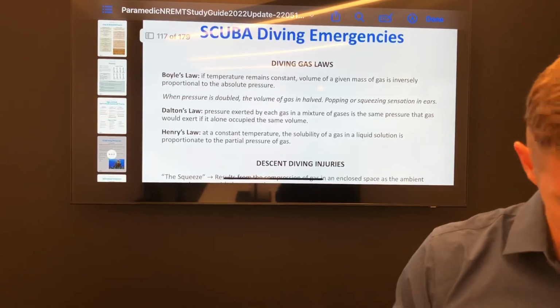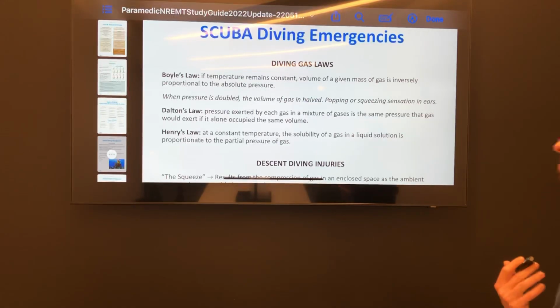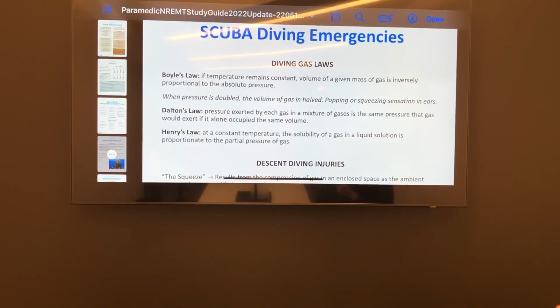Scuba diving emergencies. So we have diving gas laws. We have Boyle's law. If the temperature remains constant, the volume of a given mass of gas is inversely proportional to the absolute pressure. When pressure is doubled, the volume of the gas is halved, popping or squeezing sensation in the ears. Dalton's law. Pressure exerted by each gas in a mixture of gases is the same pressure as that gas would exert alone. Henry's law. At a constant temperature, the solubility of a gas in a liquid solution is proportionate to the partial